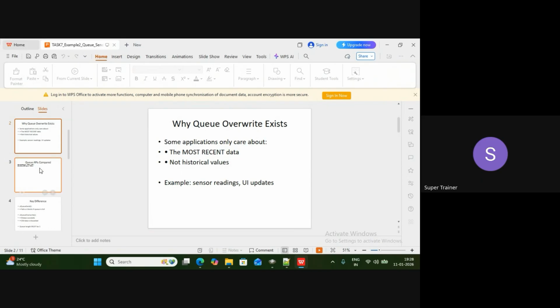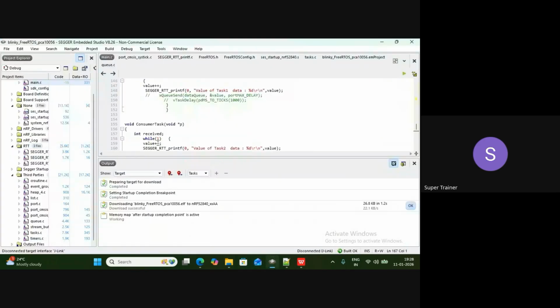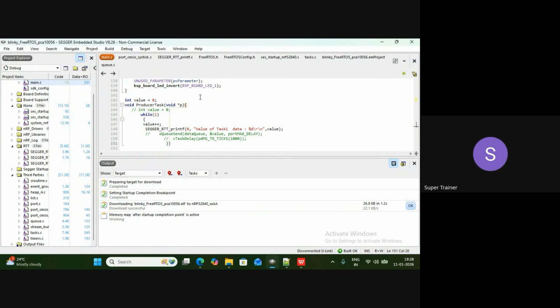So previously what we did, we used only queue send. Now, suppose there is a condition where the producer is faster, but the consumer is slower. So at that time, I will have more generated data, but I don't have that fast a consumer. Now, suppose the value is incrementing very fast, but the consumer can handle only, like UI, it is slower. In this case, if I see here,